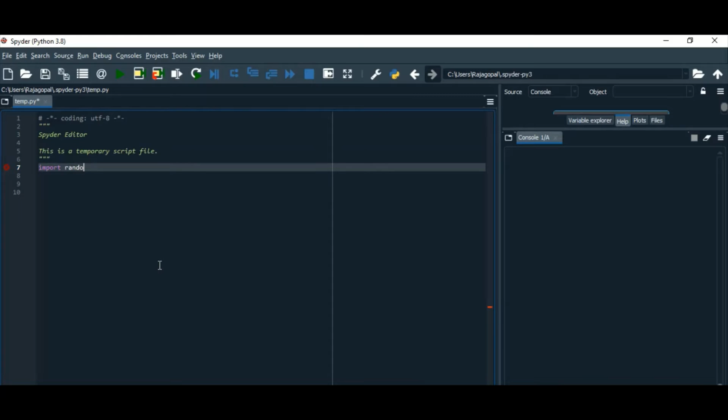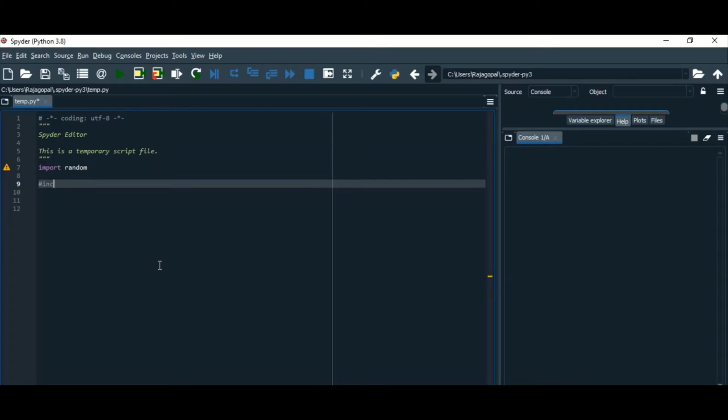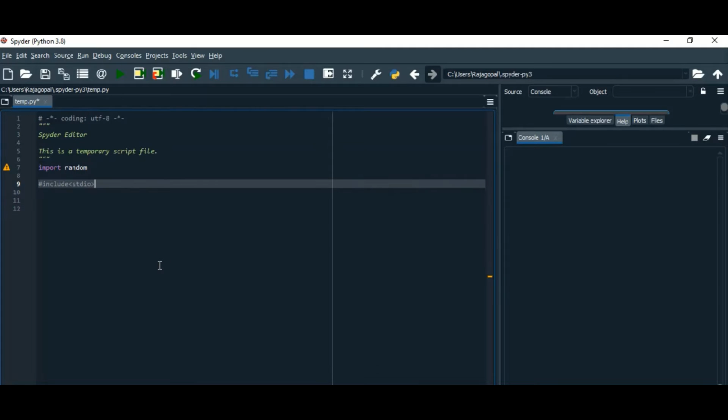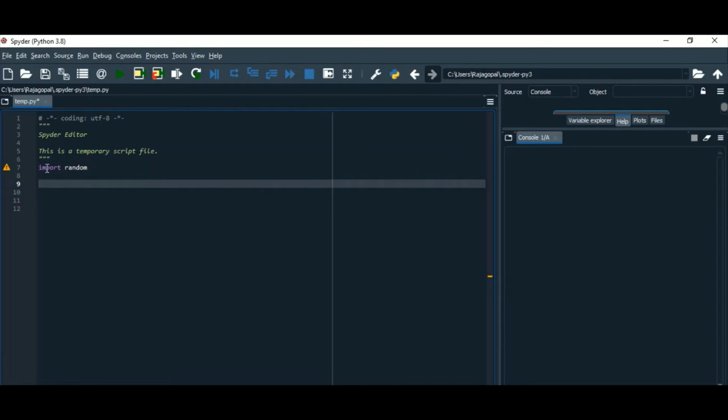Import random. So import random is the same as hash include stdio in C. Here we are using the hash include symbol to include our standard input and output console files. In Python, Java and Android programming languages, we use import for efficiency, so in order to include all the packages at once, we use the import statement.